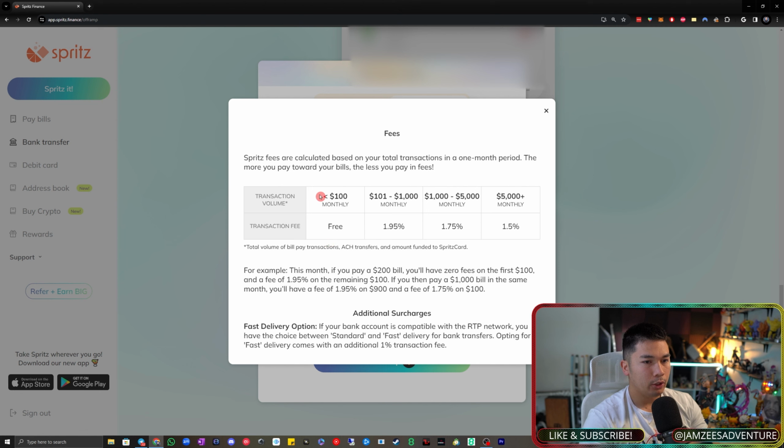If you want to see their current fee structure, you can click on that question mark icon. Just so you're aware, this up to 100 monthly is no longer applicable. They are moving away from this free amount, so it's just going to be these 3 tiers. How this works is monthly, and it resets. If you're doing up to 1,000 monthly, you're going to pay 1.95%. Now, if you go over that current tier, let's say I off ramp 2,000, 1,000 of that will be